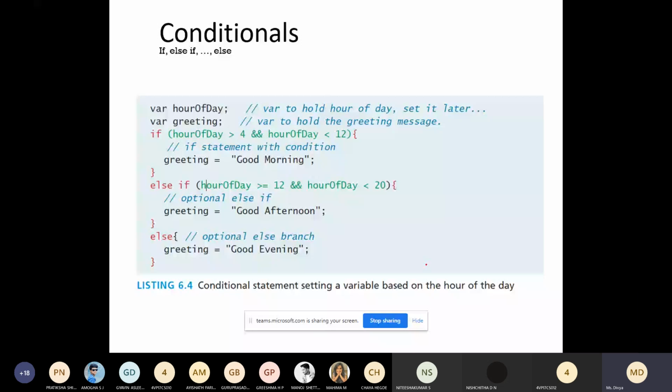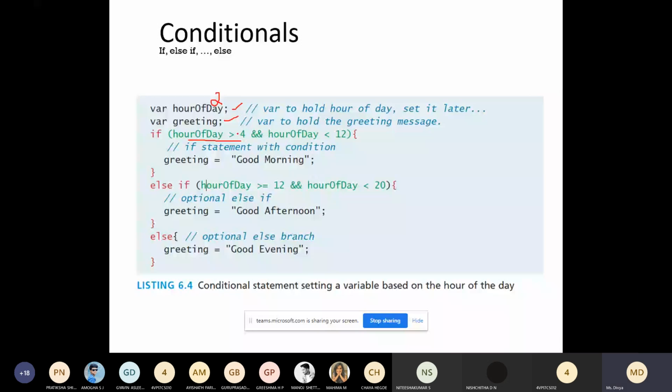So there is an example illustrating the conditional statement, the if statement. We have two variables, and now you are checking whether the hour of the day is greater than 4. Suppose we have given the value 2 here: whether 2 is greater than 4.